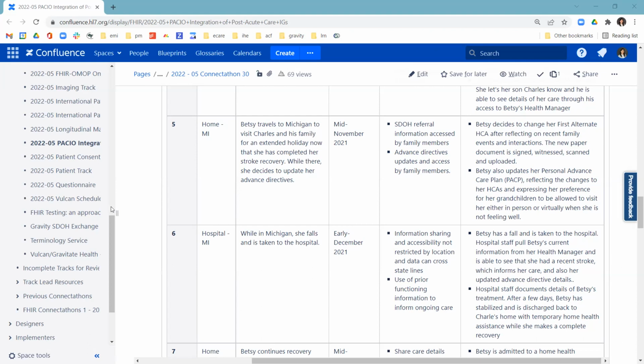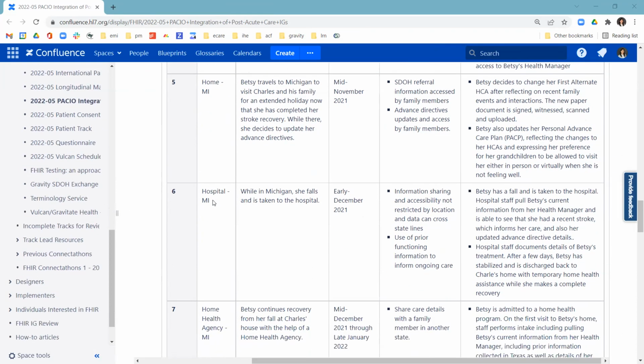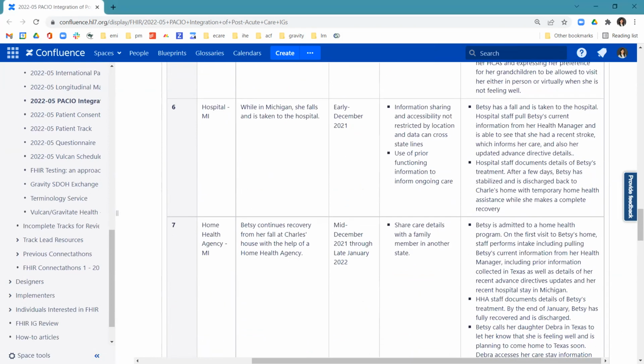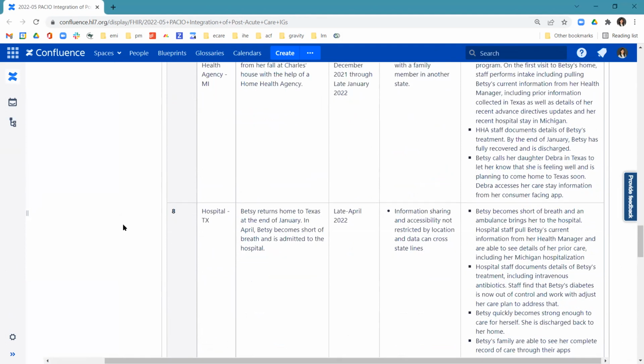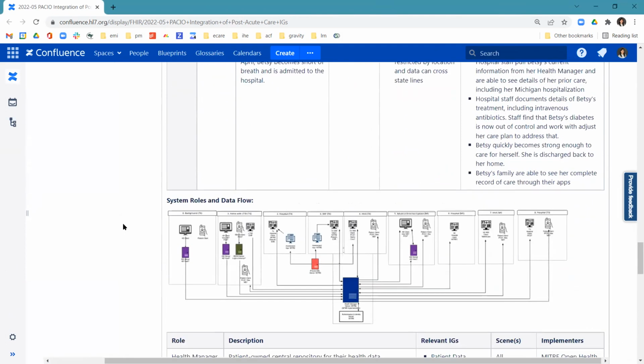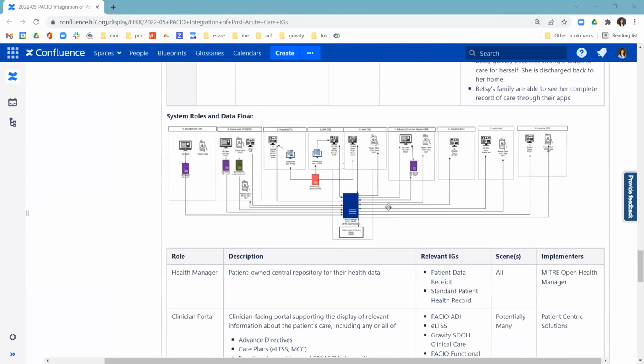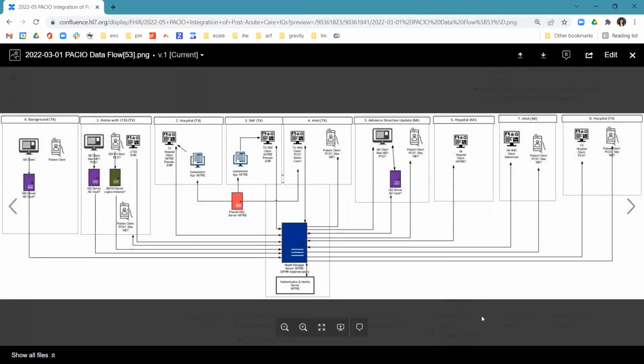With each of these scenes, we are not only trying to integrate the clients that are playing the parts of the EHRs and the various places like that, but we're also wanting to show the clients of the family being able to access the information. And you'll see here that central blue box is our health data manager, the instance of the personal health record in our story, right?